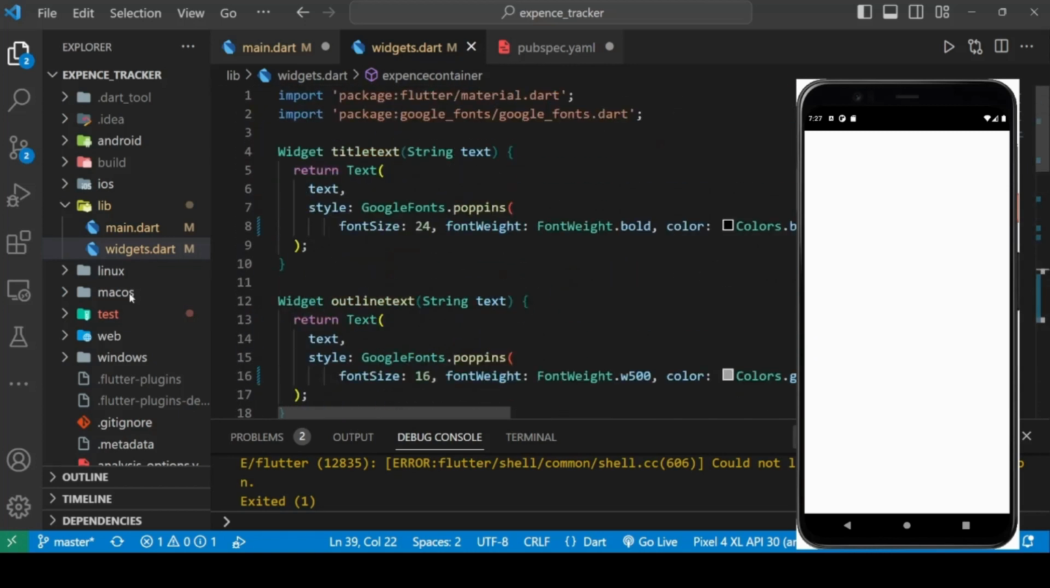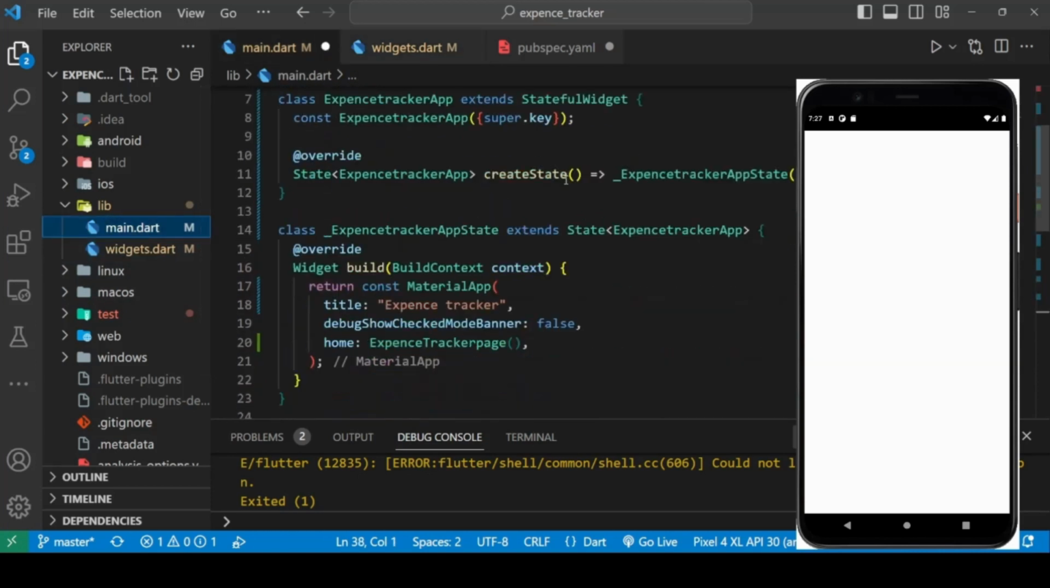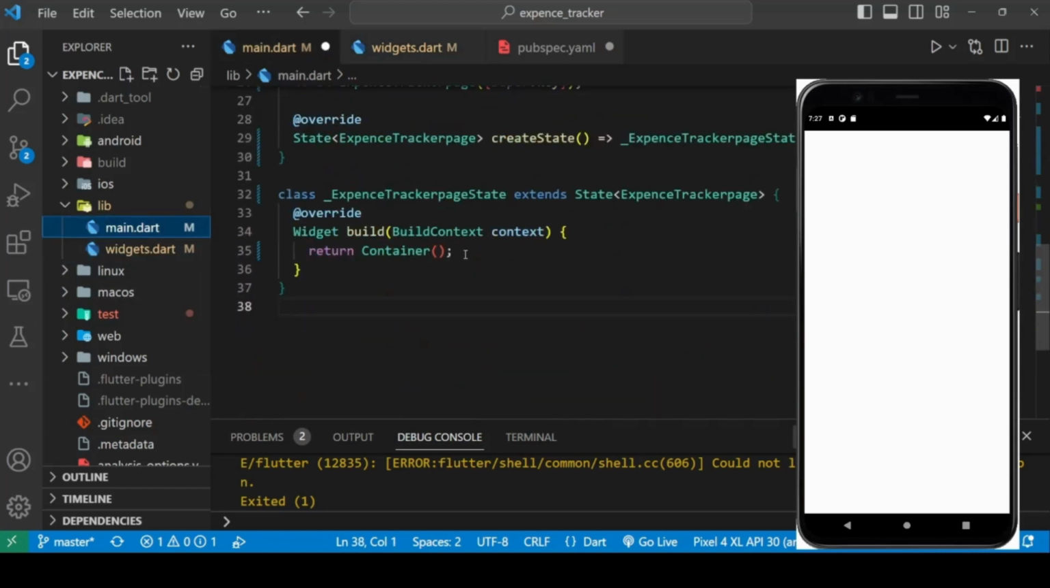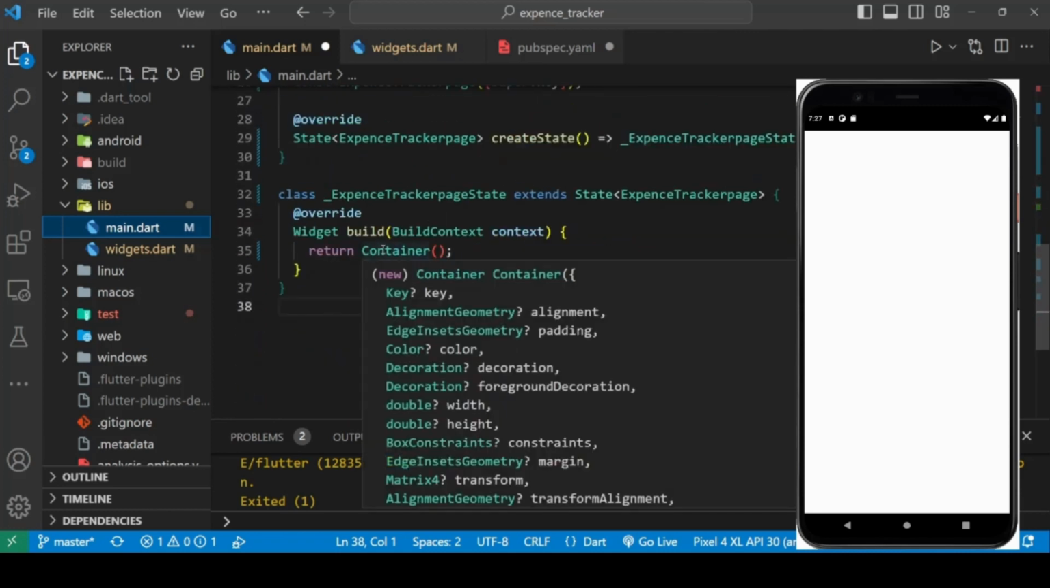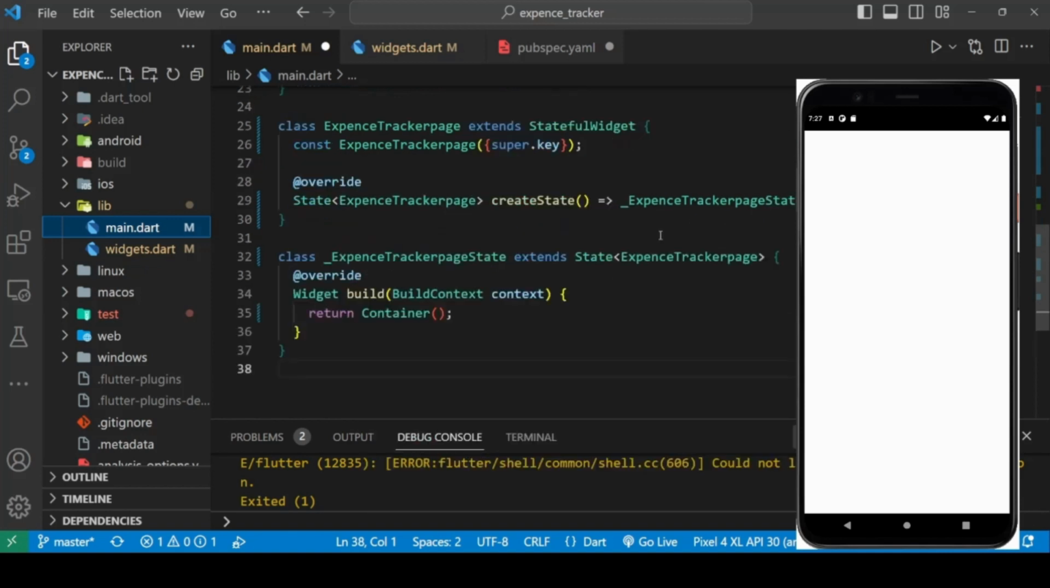So let's start with the coding. This is the project setup. So let's start with the coding. For that, firstly, let's build some of the variables which will be like constant throughout the app. So for making some of the variables, let's go to the